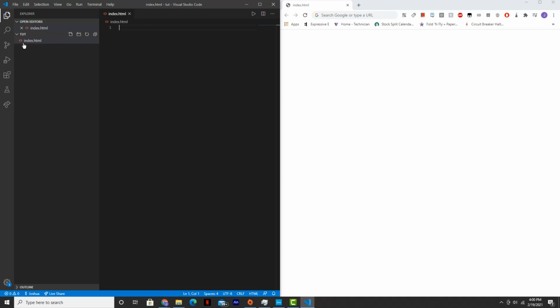So first, grab your index.html document. You can do it inside of Notepad, or you can do it inside of VS Code, or whatever you'd like to do it in. And then say doctype HTML,